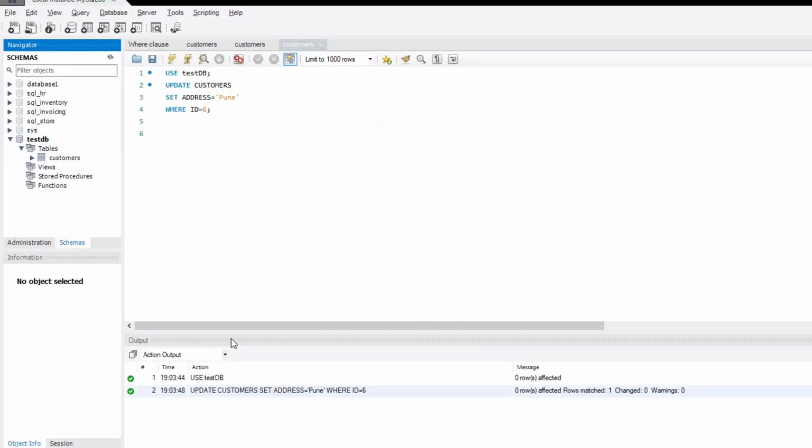So you can see in the action output that our query is successfully executed and the table is successfully modified according to our question. If I want to see our modified table, I just have to refresh it and then simply press this icon.